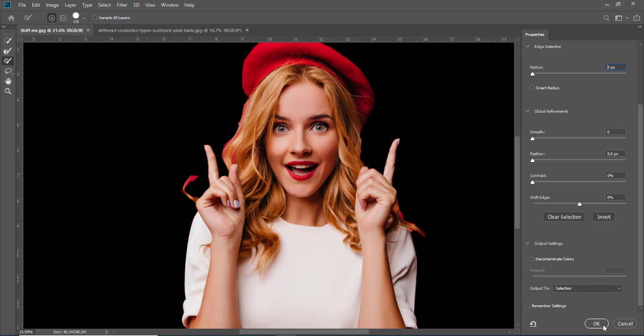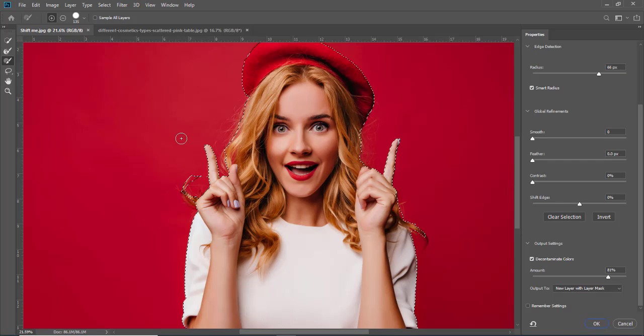Here we decontaminate the colors and make it 75%. Try to reduce with this. Try as much as we can. It's not necessary that we have to complete everything.